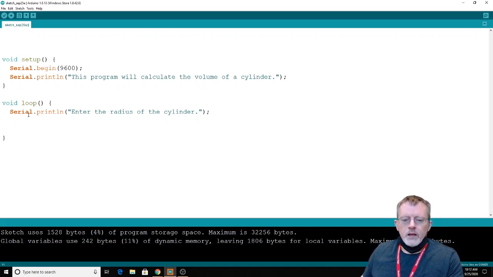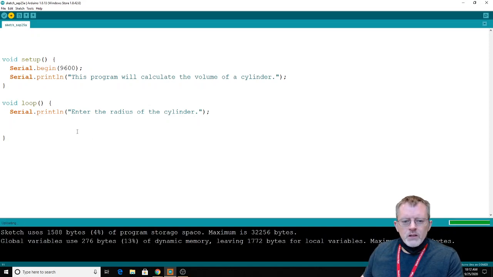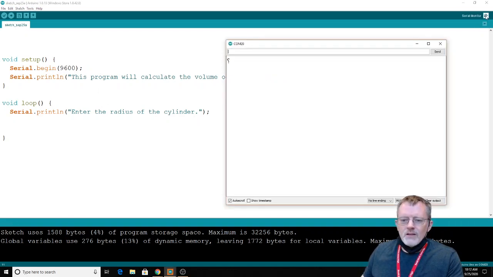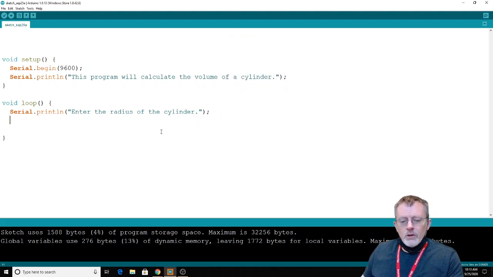If we were to upload this right now, it'll just keep doing this loop, and matter of fact, we'll show you that too. That's one thing I like. I keep mentioning this about programming, is you're doing just lots of little experiments to figure things out. So there's our first statement, this program will calculate the volume. That was gone in a hurry, and now it's just repeating this loop over and over again, asking us over and over. So we needed to pause, and this is the new piece of code, and it's